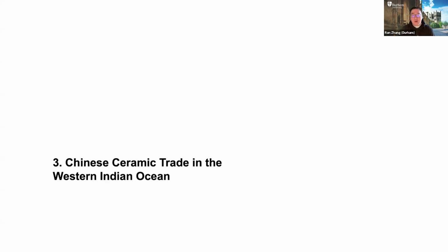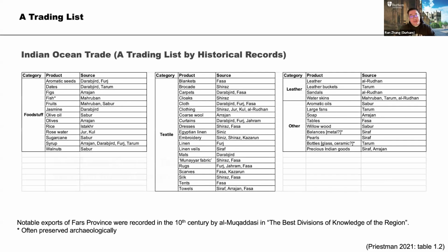So these are all the elements we can find with the movements from goods to people. And now we want to just quickly talk about Chinese trade in this long-distance globalization background. So here we have this list